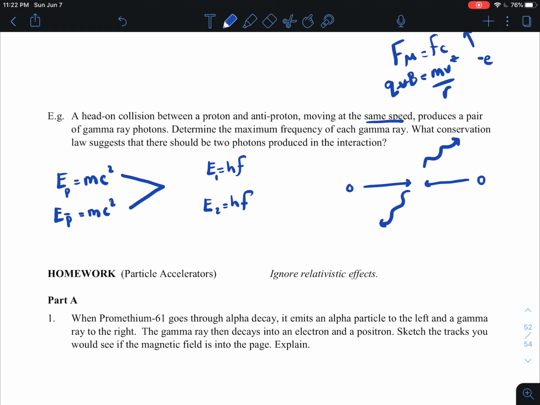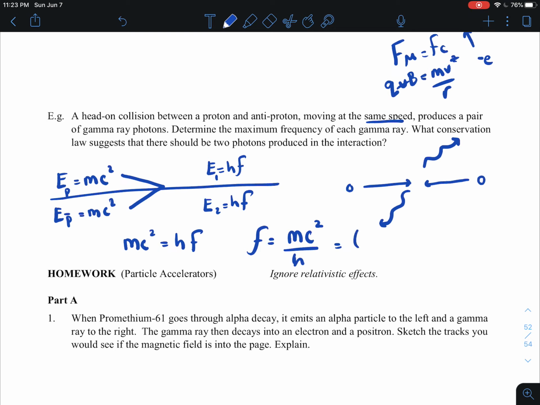So since two particles became two photons, we can simplify this and just think of this as mc squared equals hf, and we should be able to solve this through. Once again, this is not using the kinetic energy, when technically if these particles had speeds, they would also have kinetic energy that could account for some energy given to the photon as well. But we're going to simplify this in this case. So mc squared divided by h. As a reminder, we're using the mass of a proton. If you look at your formula sheet,